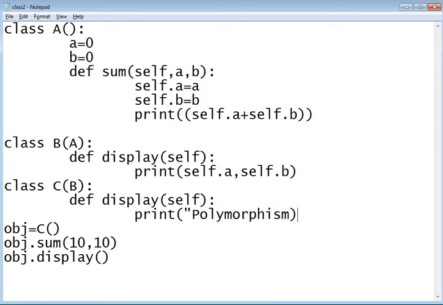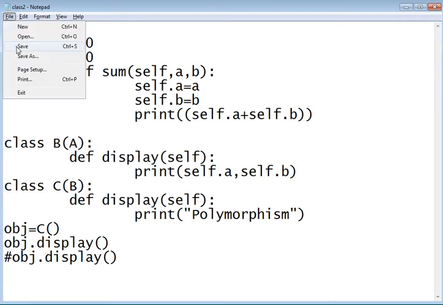So this is polymorphism, right? Polymorphism means if I call obj of display, display of obj, this C, and I should comment this to see the polymorphism.